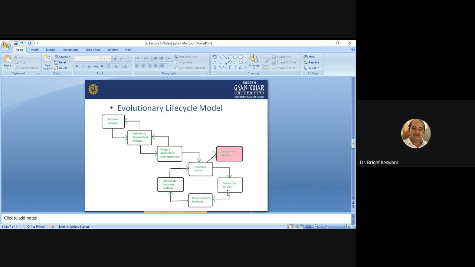So use of early release as a tool for requirement elicitation. And the third advantage is that benefits of the system are realized from every release while later releases are being developed. So you can provide the initial release to the client, and you will provide the final release later on. Okay. Now, the disadvantages of the evolutionary life cycle.